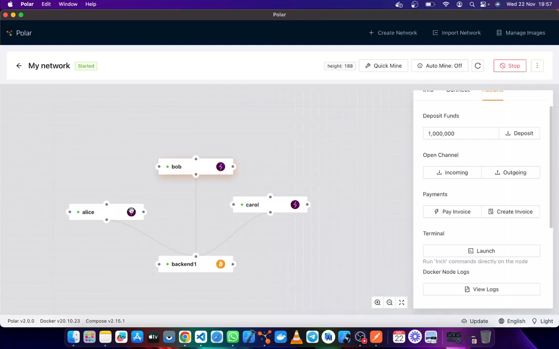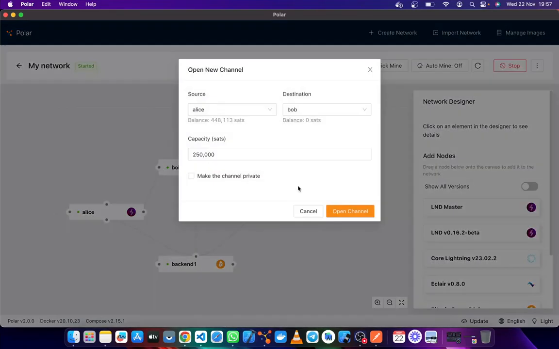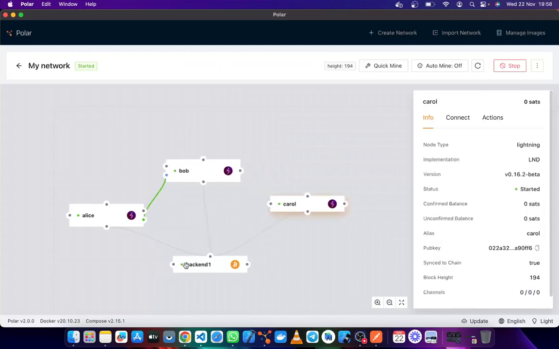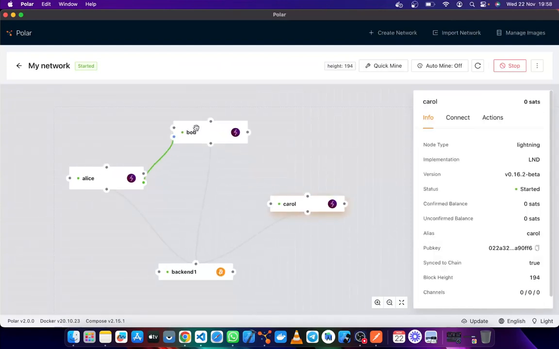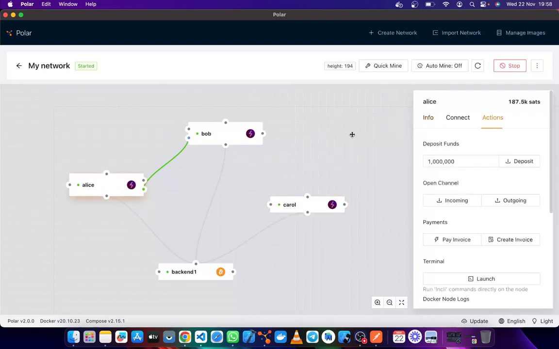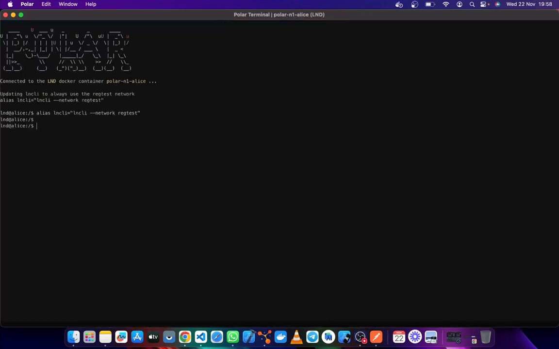So the first thing that you have to do is to make sure that Alice is connected to Bob. And that is the process of opening channels. So if I try to connect Alice's node to Bob, like that. So now Alice knows where Bob's node is. So when she's trying to decode his invoice, hopefully she can read through and see where his node is located. So let me try that thing again and see if this time it can work out.